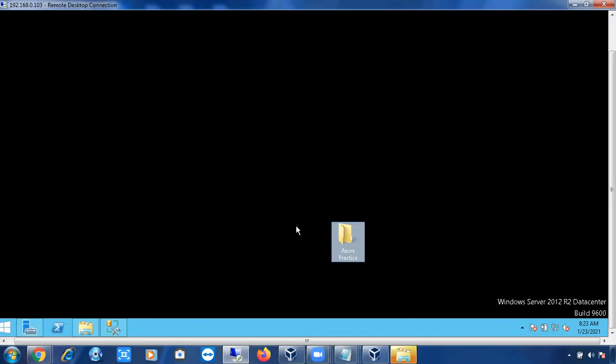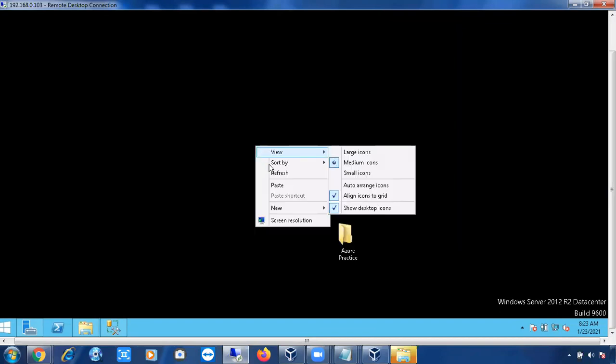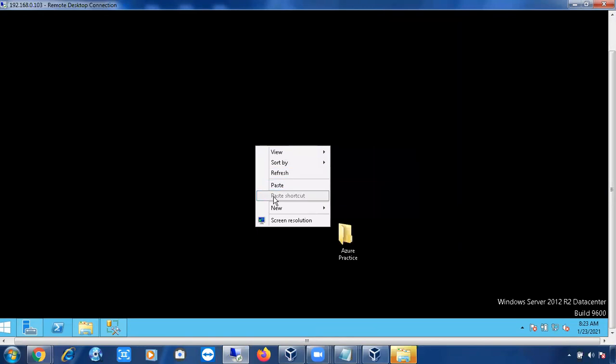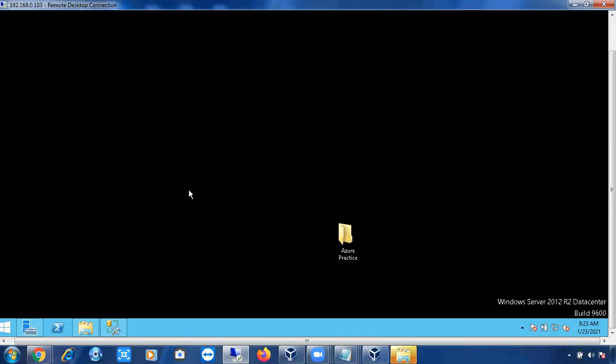Sometimes this paste option will be disabled. Why? Because if you don't connect to the server remotely, usually the paste option will be disabled like this. See, the paste shortcut is there, but it is disabled. That's why I have discussed remote connections. It will be easy to copy files between your local machine and virtual machine using copy and paste.